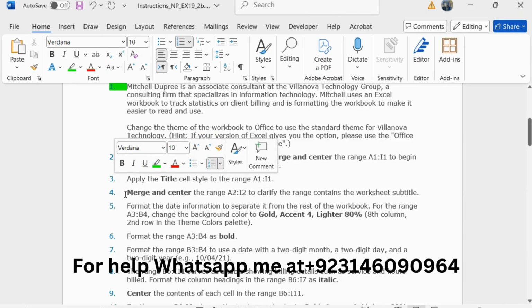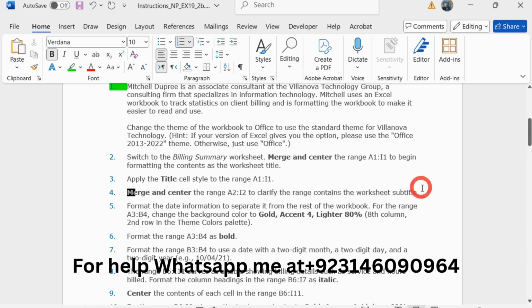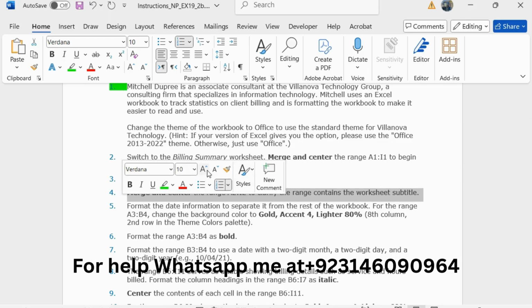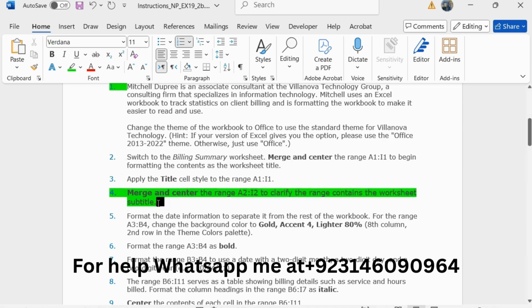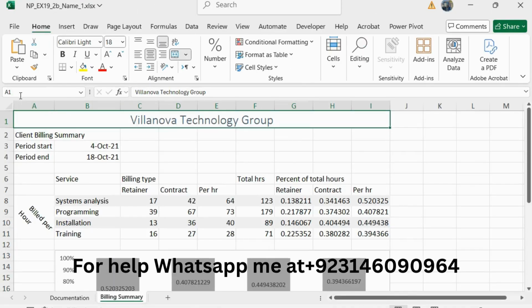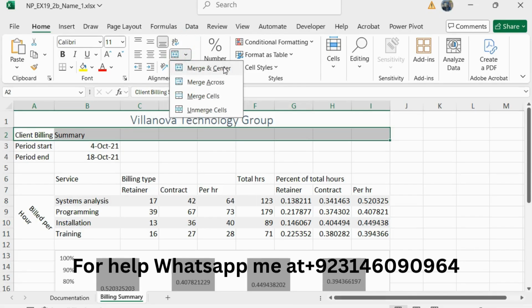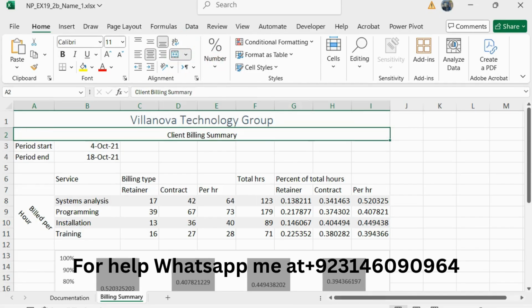And step number 4 is merge and center the range that contains the worksheet subtitle. So A2 to I2. Go to the Excel worksheet, select the range A2 to I2 and click on merge and center.